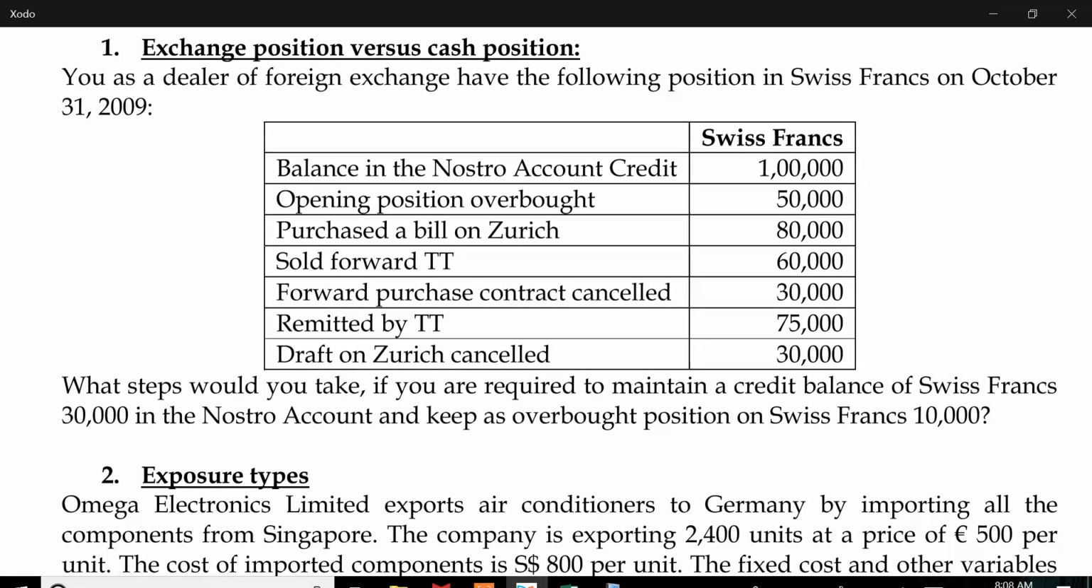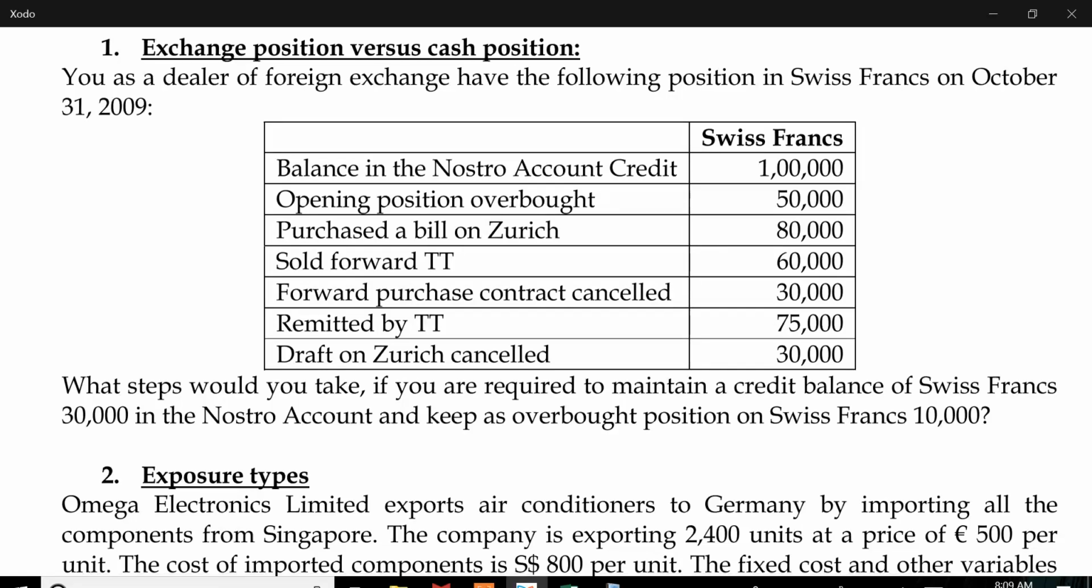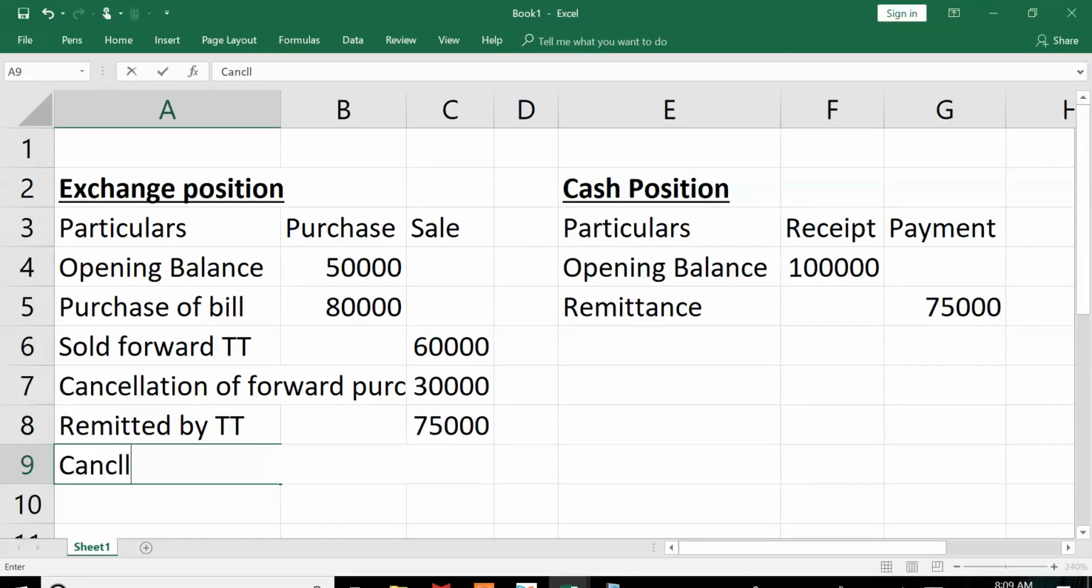Draft on Zurich cancelled. Now we had purchased this bill of 80,000. A part of the bill is getting cancelled now. You are cancelling a part of the bill which is there. So again it's going to come on the sale side. Cancellation of draft on